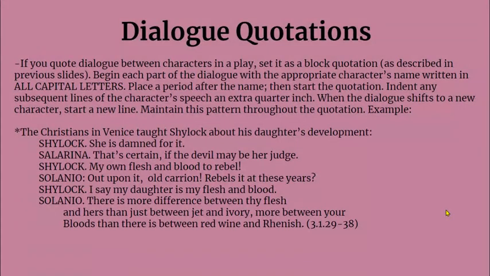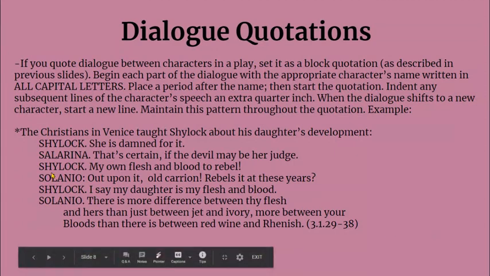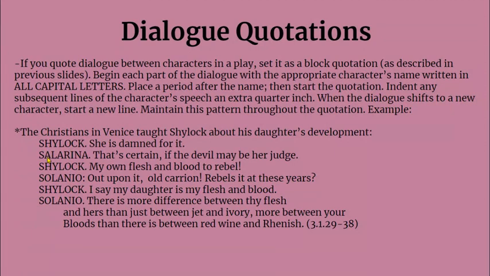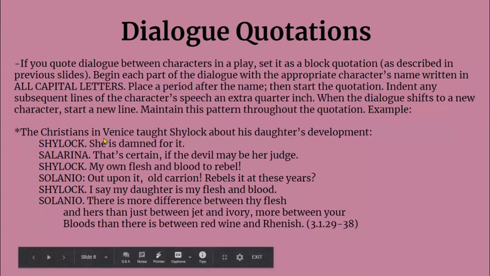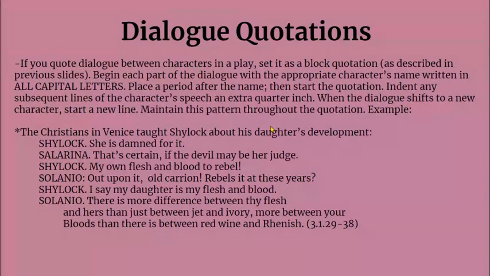So here we've got a quote that I have blocked from The Merchant of Venice. Here are my words: The Christians in Venice taught Shylock about his daughter's development. I have incorporated this dialogue between Shylock, and you can see his name is in all caps, as is Salarino, who he's talking to. I've placed a period after each name. Of course, everything is blocked here. I have pretty much just repeated exactly what they've said. Now here it says,